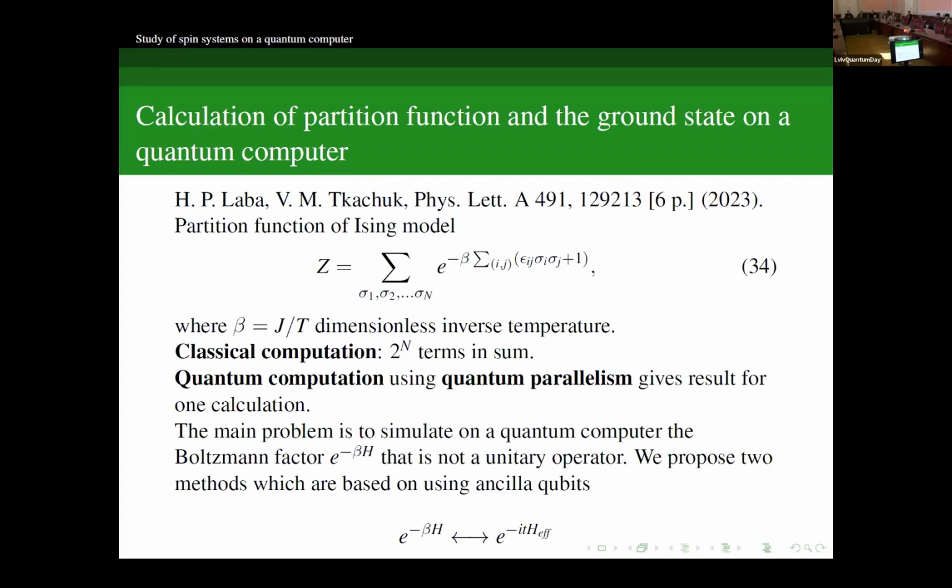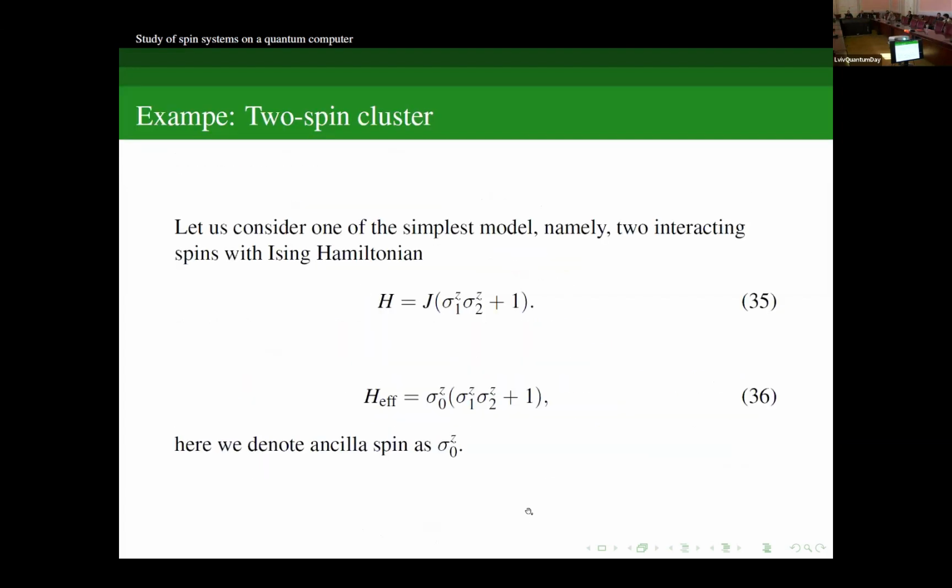Here I would like to present very shortly the calculation of the partition function. So the problem with calculation of the partition function is the following. On the quantum computer, you can simulate unitary operators, but the operator which we have here is not a unitary operator. It is a problem how to simulate this Boltzmann factor on a quantum computer. So we must find some relation between the Boltzmann factor and a unitary operator, and it is possible. It is possible, and I omit details and show the result only